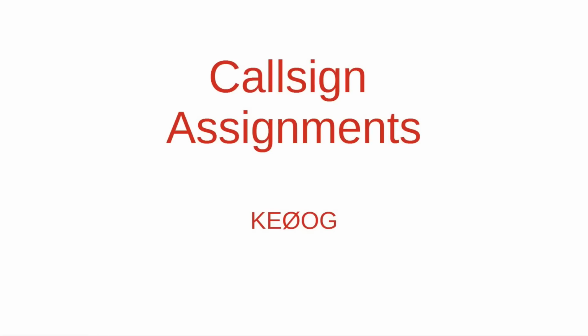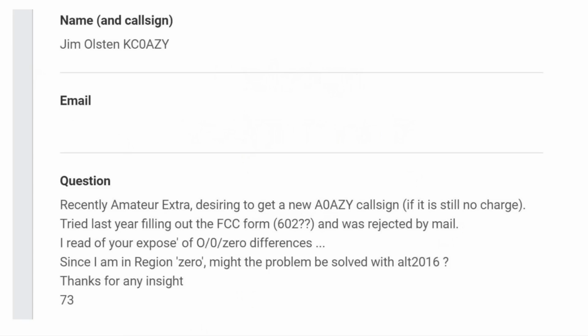All right, we're going to start talking about call sign assignments here. I have just a few charts available. This is the question that I got from Jim. "Recently became an amateur extra. Would like to get a new A0AZY call sign if it is still no charge. Tried last year filling out the FCC form 602," it's actually the 605, "and was rejected by mail. I read of your expose of O versus 0 versus different kinds of zero differences, and since I am in region 0, might the problem be solved with Alt